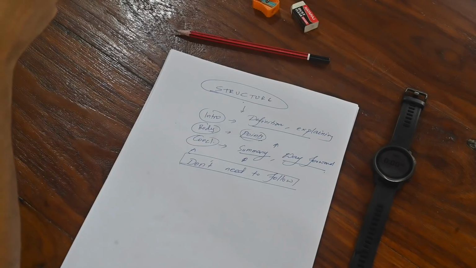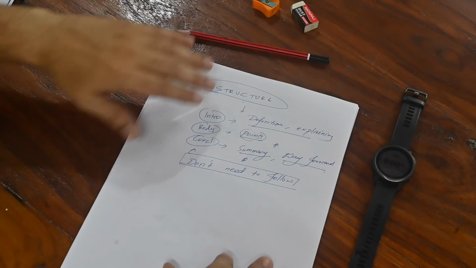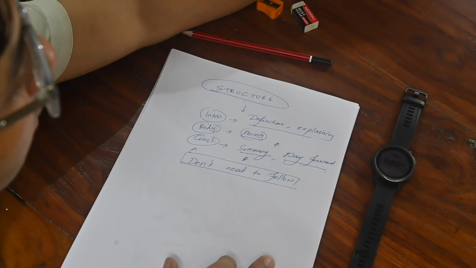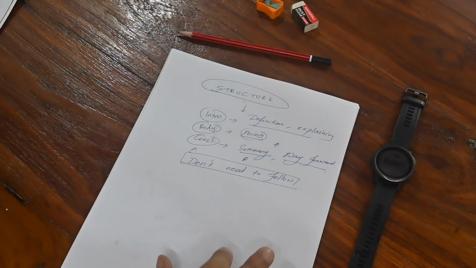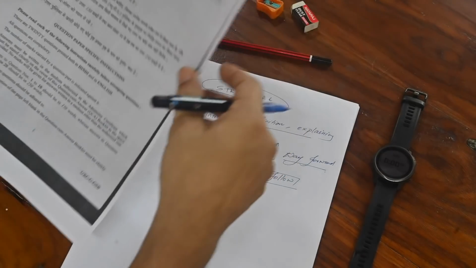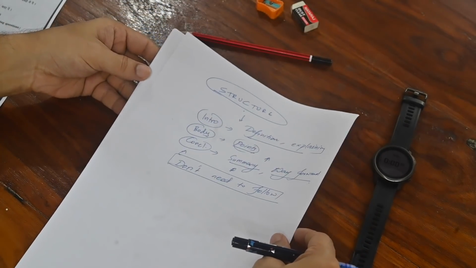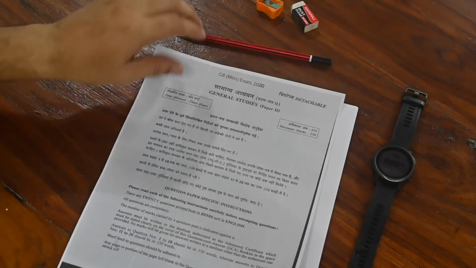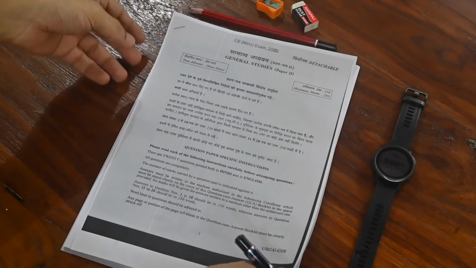So let us see a few questions through which I will tell you where you can put this particular structure and where you don't need to put this structure, and that way we will do a little bit of practice of answer writing as well. Okay, so I am going to pick up paper 2. I am going to remove this sheet. I am going to pick up general studies paper 2 to help you to kind of decode this.